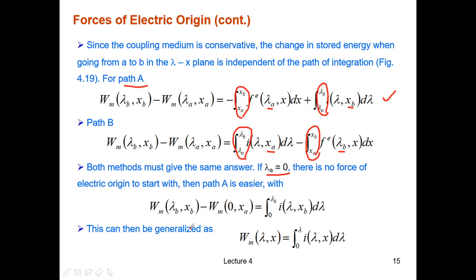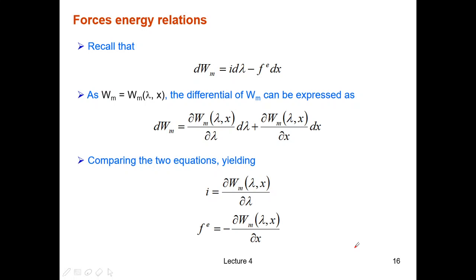Okay, so you will see that here. So we will generalize the formula to calculate the stored energy here. If we can do this, then we can find a way to calculate the force using it. So here how, okay,